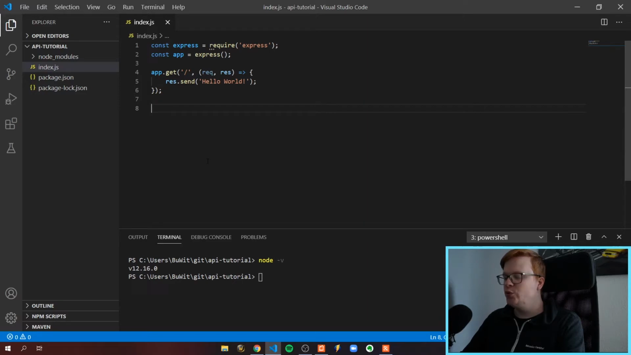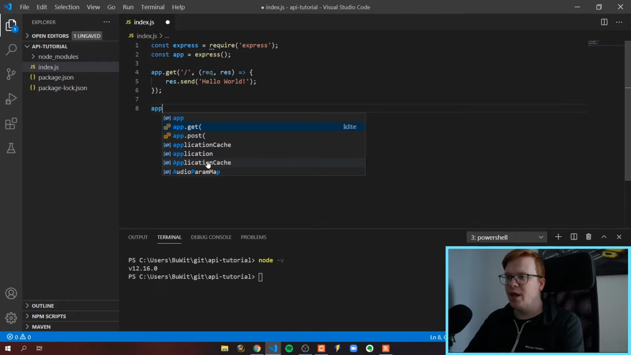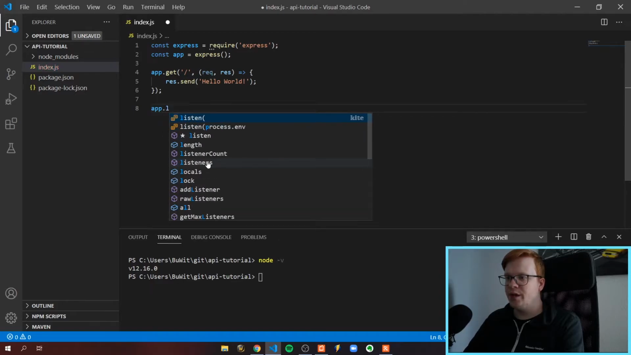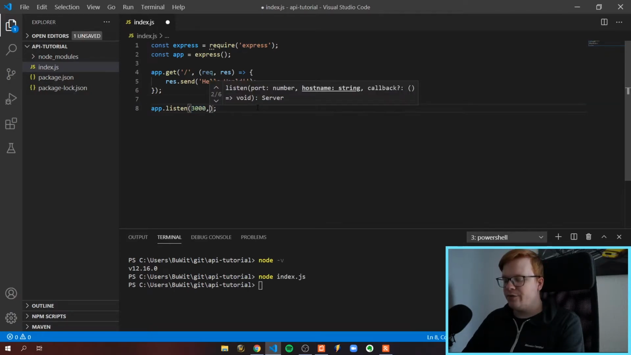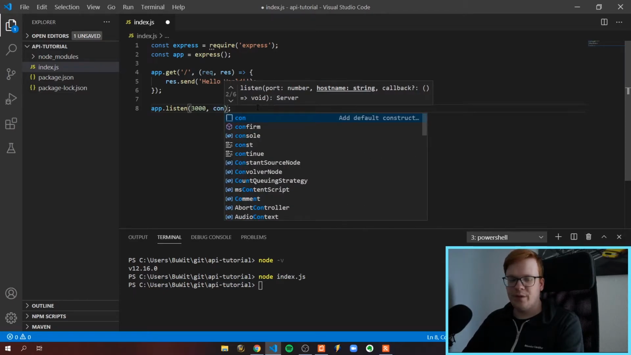Then we have to set up our server. With that, we just need to type app.listen, and we are selecting our port, which is 3000 in this case. If port 3000 is not available on your system because it's reserved by another service, then just choose another port which is free. Behind our 3000, we also input a second parameter, which is a function